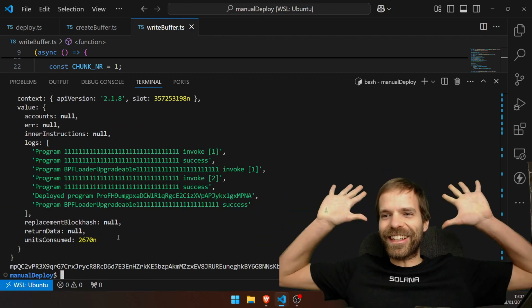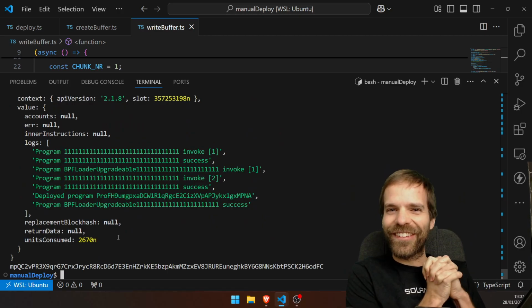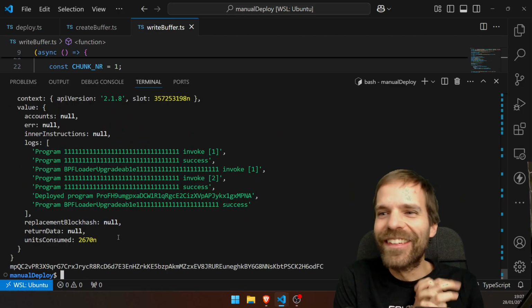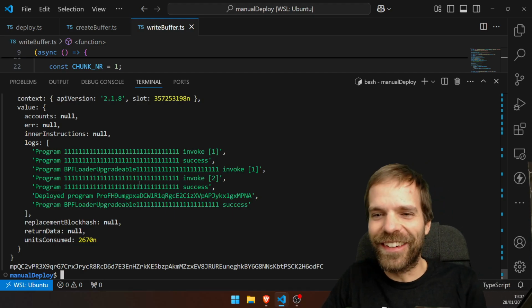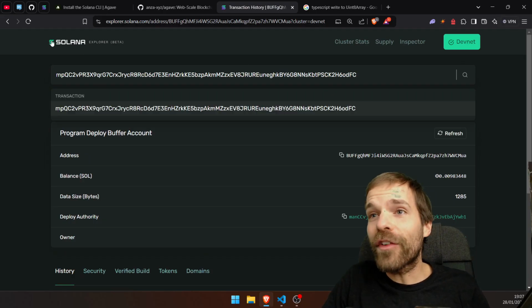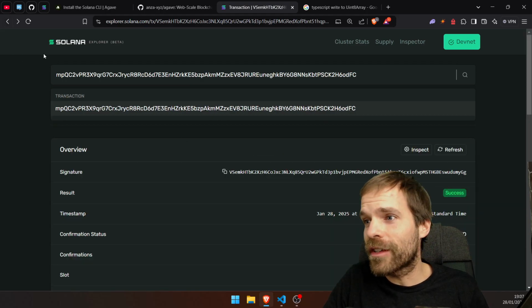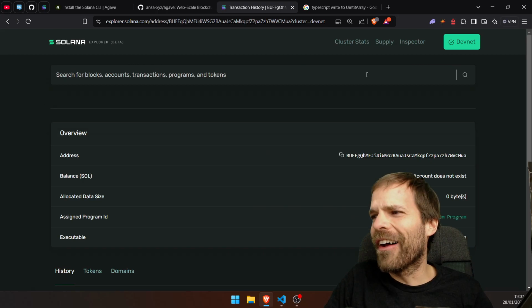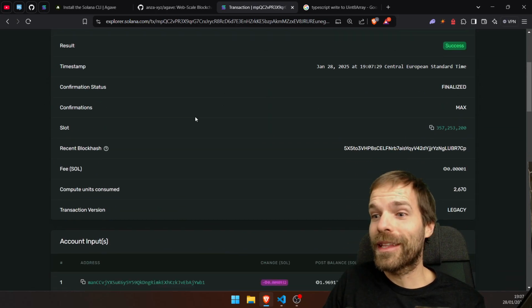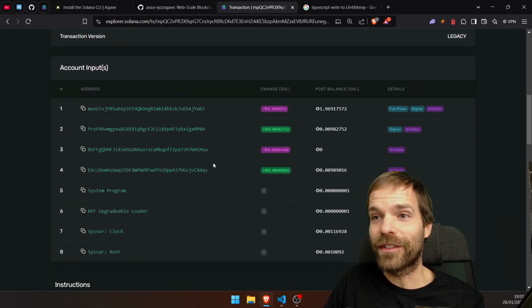Yes! Success! We deployed the program manually with our own transactions that we built in TypeScript. Cool! And the buffer account, if we refresh this, the buffer account now doesn't exist anymore. It's gone! Because that's what the deployment does automatically. It kills the buffer account,